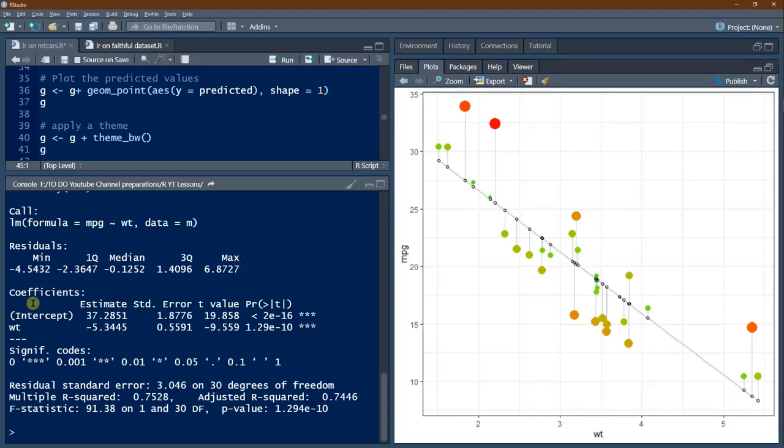Then we are looking at the coefficients. There are two basically. One is intercept, another is the weight coefficient. And now the estimates are here. This is beta 1 and beta naught we say. And a standard error for this estimate is also obtained.